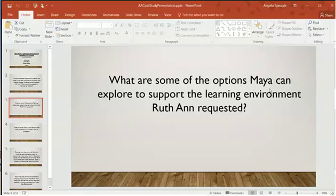Maya made at the end of this case study, Ruth Ann even had more questions about those. Well, if we do that, then what about this? Or if we do that, what about this? You know, what are the administrators going to think? What are the parents going to think? How are the students going to respond to that? Do you even think that they're going to embrace this idea and even support it? Because she was already having trouble with getting the students to do the work at all. So what makes her think that the suggestions that Maya is making is going to get the students excited at